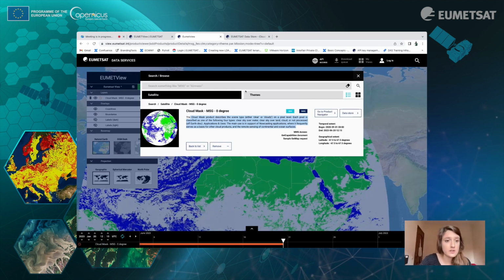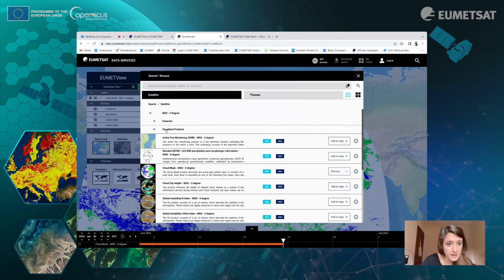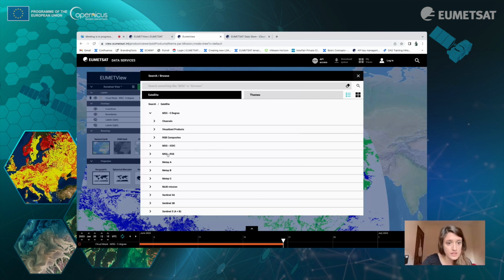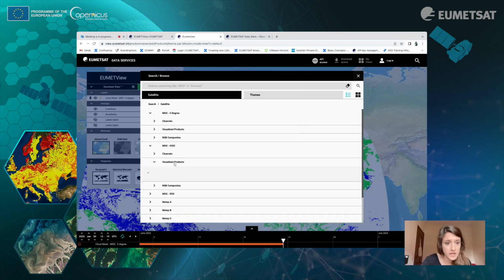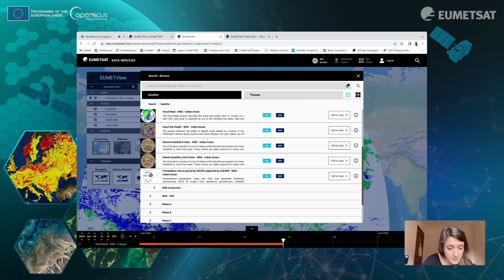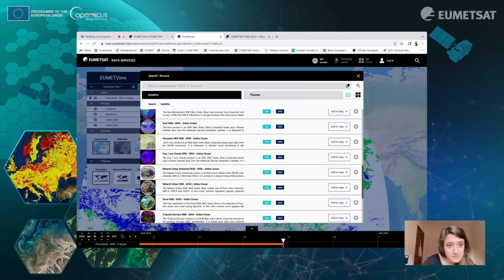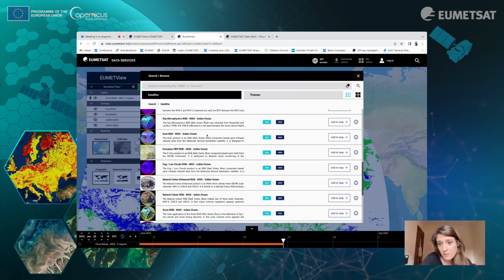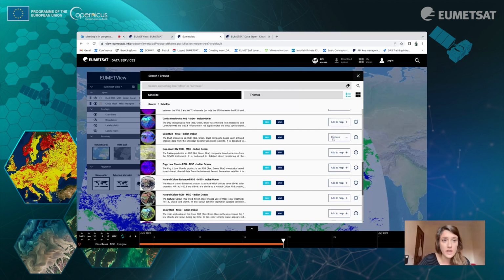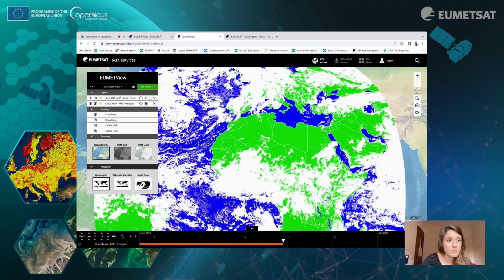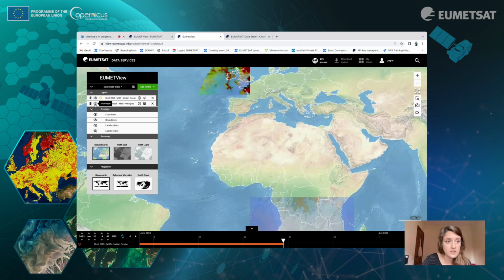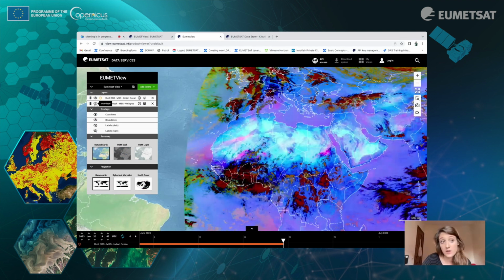And then I will try to add another one. For example, I will go for this one, also visualize the product. We can add, or maybe RGB. I can add this dust, for example, add to map the same way. So as you see now, I can make one layer disappear if I want to, or the other appear.